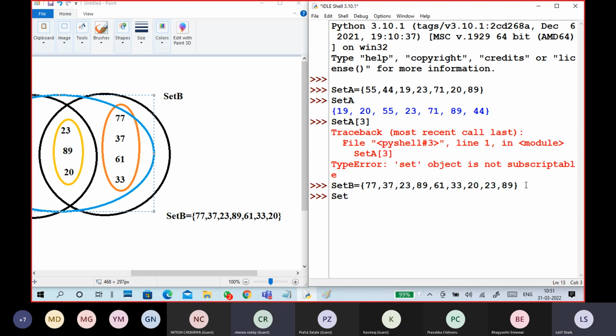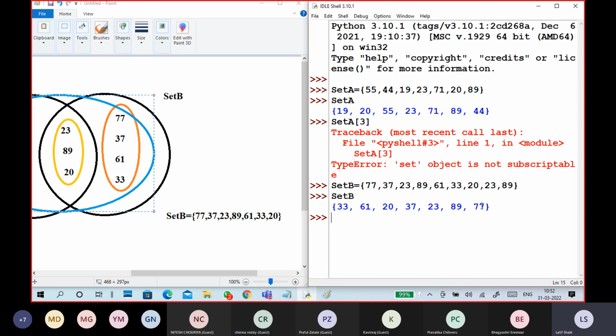Again, I'm checking what is there in set B. The repeated values did not come. Why? Because a set doesn't allow duplicate values. No order, no duplicates, and you don't get any indexing. So you can't change a particular element. Maybe you can remove an element, but we cannot change the element.